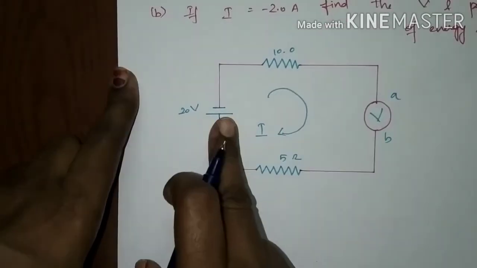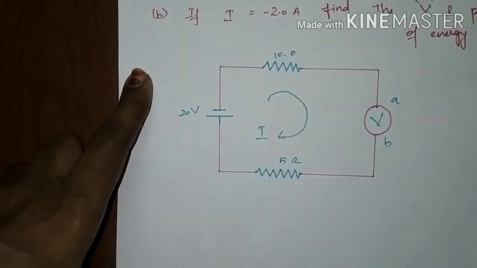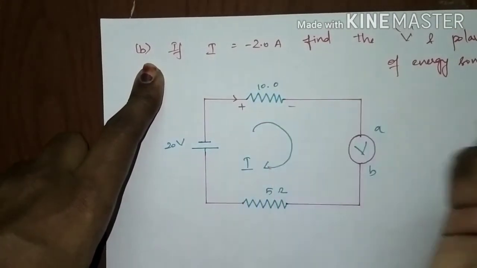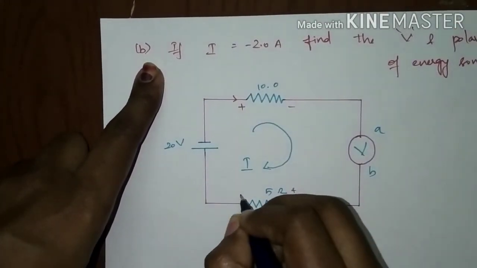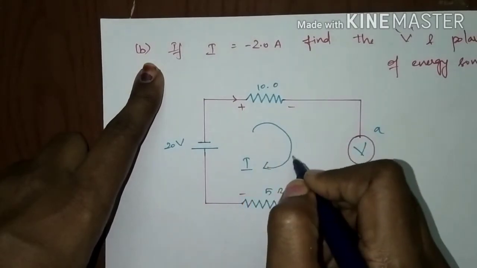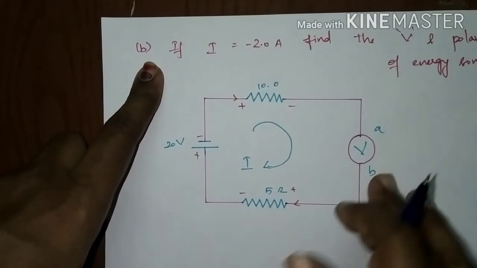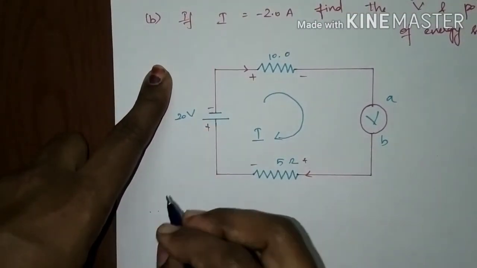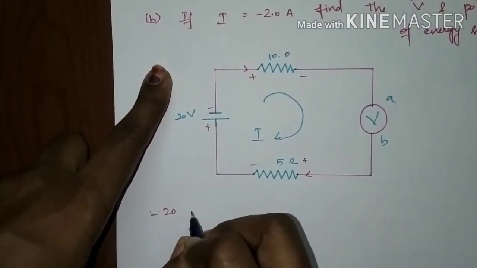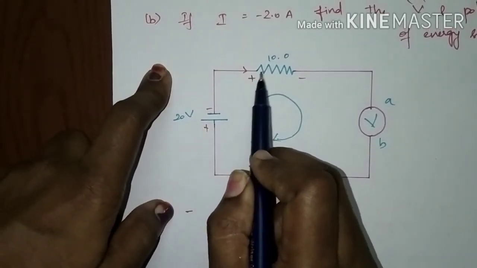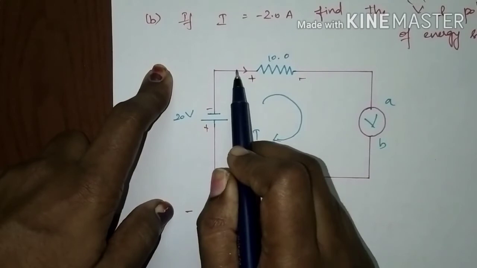It is very easy. They have given the current is flowing in clockwise direction. So each passive element will produce a potential fall. And again the current is flowing in clockwise direction, so we can apply a KVL here. So it is a potential fall. So minus 20 minus, because it is a potential fall. So positive to negative the current is flowing, so it is a potential fall.